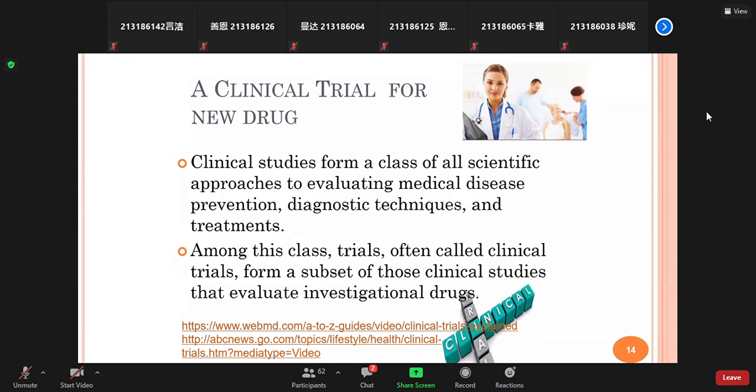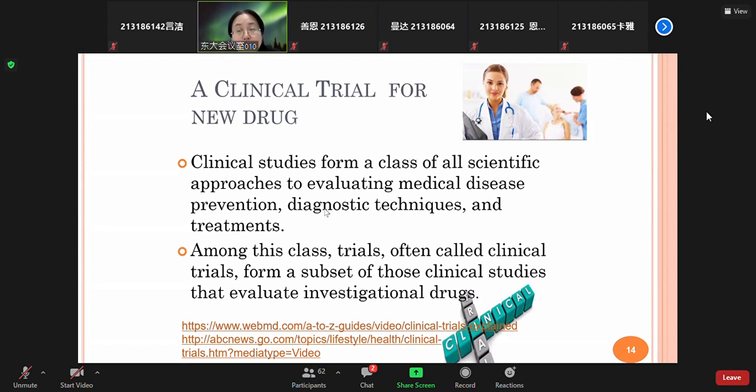Okay, clinical trial. Take the clinical trial for a new drug as an example, and also based on the information you get from the video, I think you can understand clinical trial completely. Okay, so clinical trial is a class of all scientific approaches to evaluate medical disease prevention,